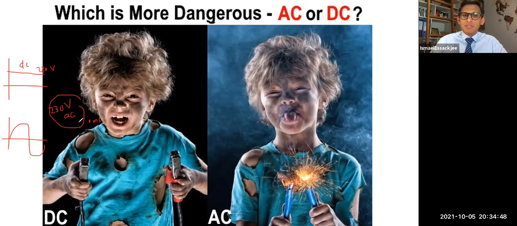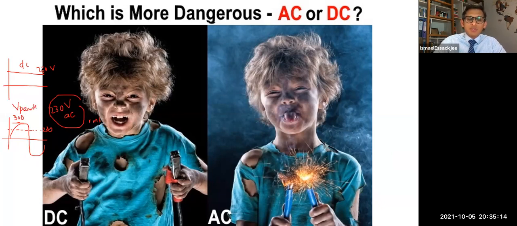So what is meant by root mean square? This should be something around here. We take the square, then we take the mean, and then we root it. Ultimately, this is 230 volts, but it's just like an average that we are calculating. If we take the peak value, it is slightly above 300 volts. That's what we call V peak.